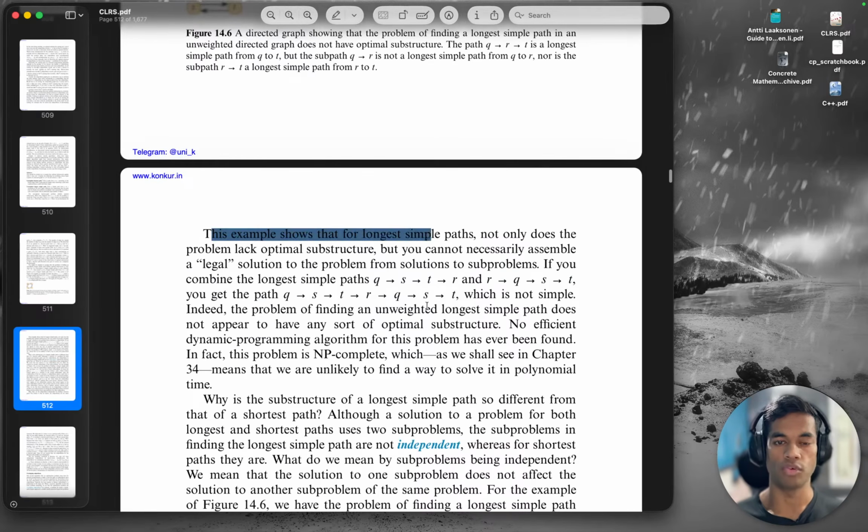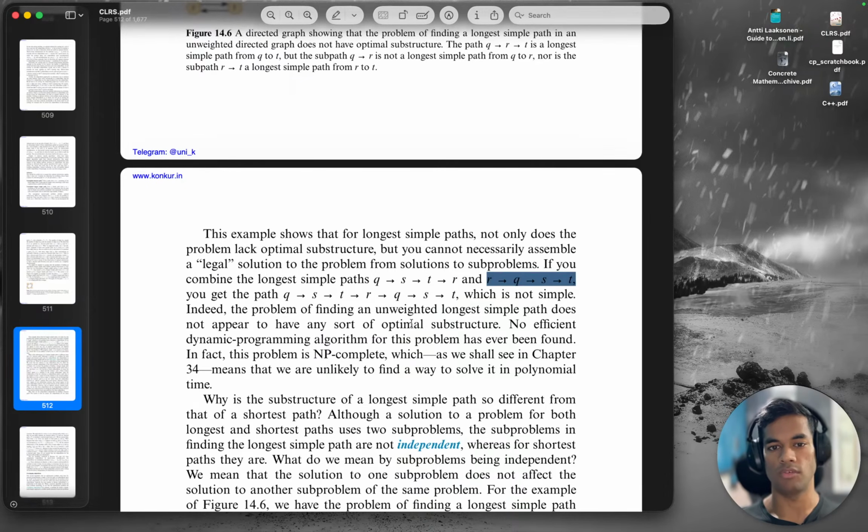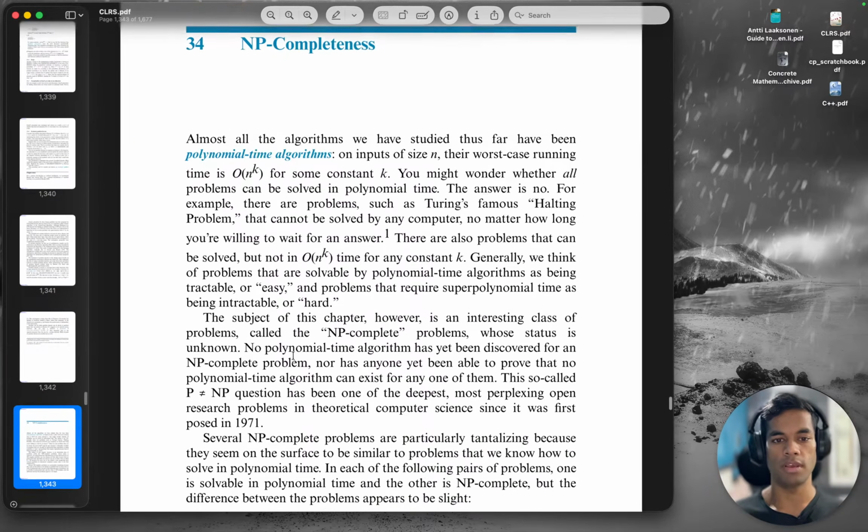So this example shows that for longest simple paths, not only does the problem lack optimal substructure, but you cannot necessarily assemble a legal solution to the problem from solutions to subproblems. If you combine the longest simple paths, this and this, we get an illegal structure like this, which is not simple. Indeed, the problem of finding an unweighted longest simple path does not appear